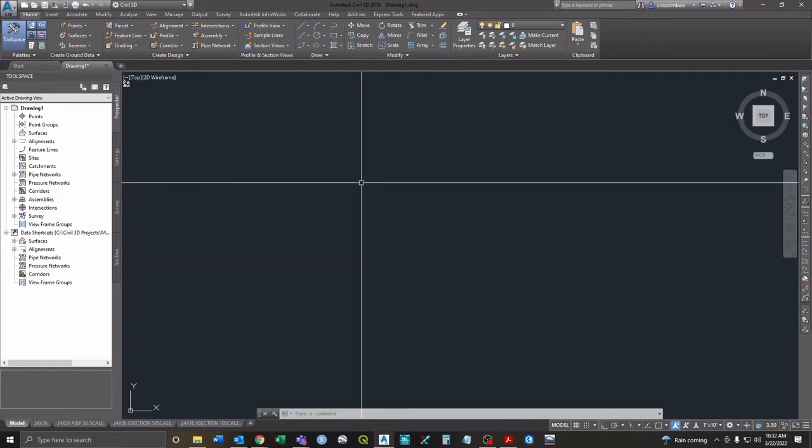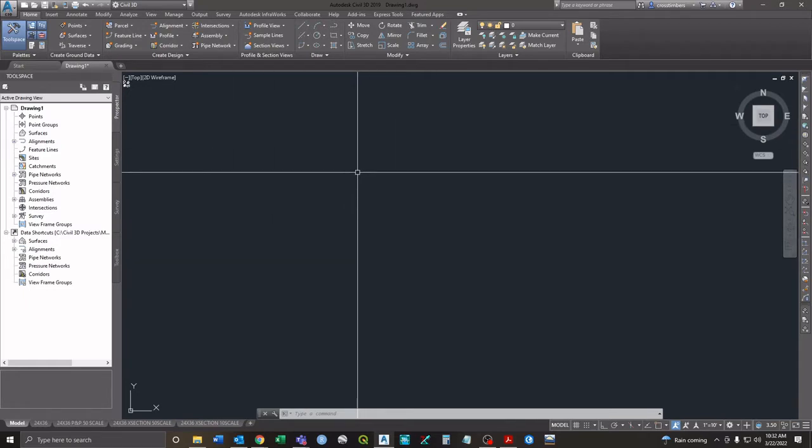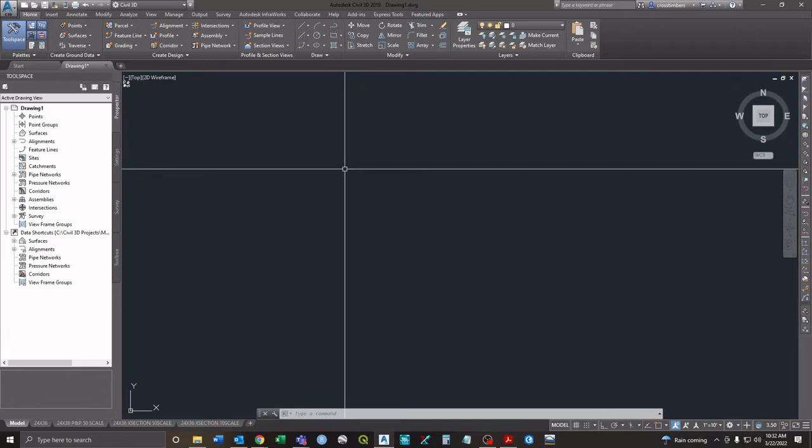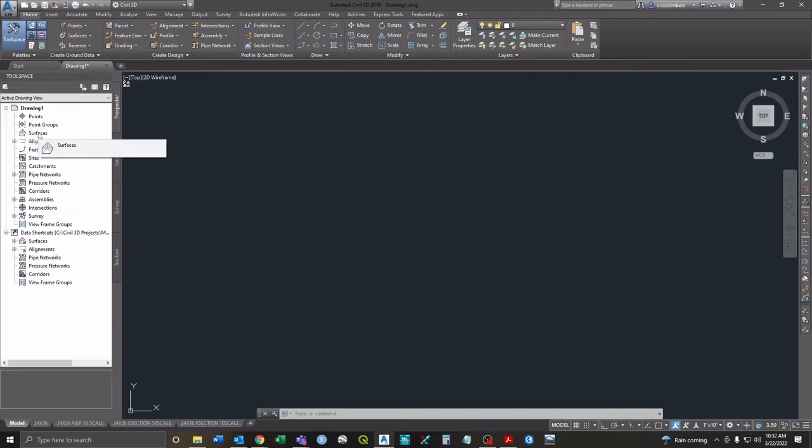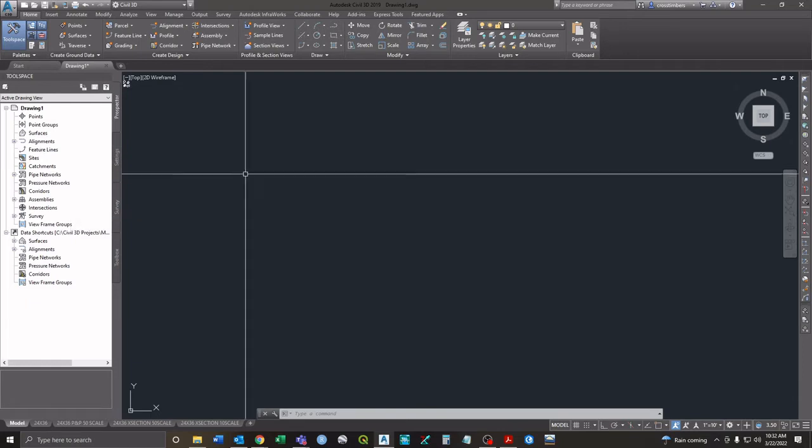So obviously you've seen the general layout. You've probably noticed, if you're doing Civil 3D, you'll have this whole tool space over here. This is where you can put all the Civil 3D objects, which you shouldn't be working on. If you bring in an external reference or a file, it may pop up with some surfaces. That's just a 3D elevation model, basically. And then some of these other ones are more for design. So